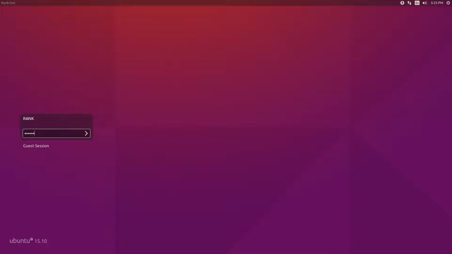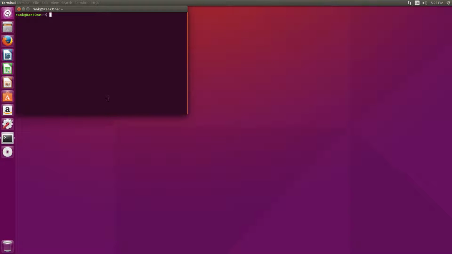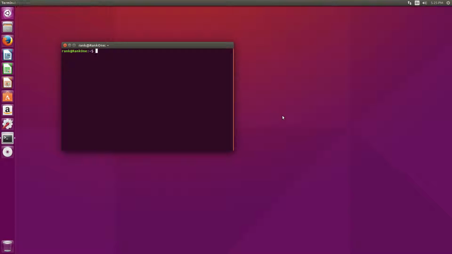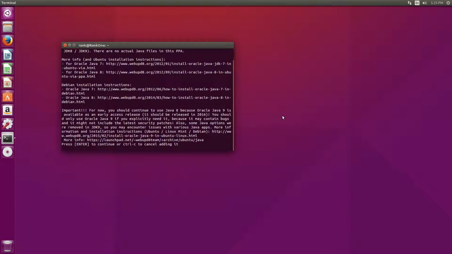First, obviously, we're going to log into our installation. I'm going to open up the terminal. This whole process can actually be done through the terminal, and what we're going to do first is type this in. It should be in the description, so you can just copy and paste it. Once we enter that, obviously we put in our password. That's going to add the repository,